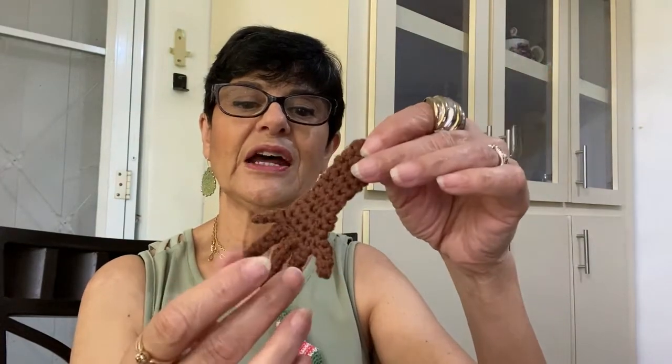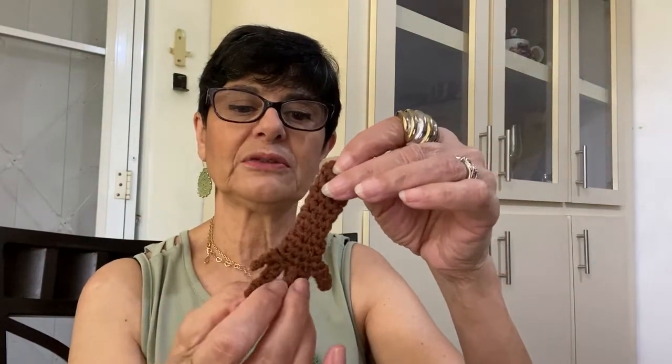This is another pattern that I found and wasn't able to execute very well, because working with tiny stitches is the worst. So I'm going to say it was probably okay, but there are things I would have liked different so that it would look more like a hand. Anyway, I was following the tutorial by